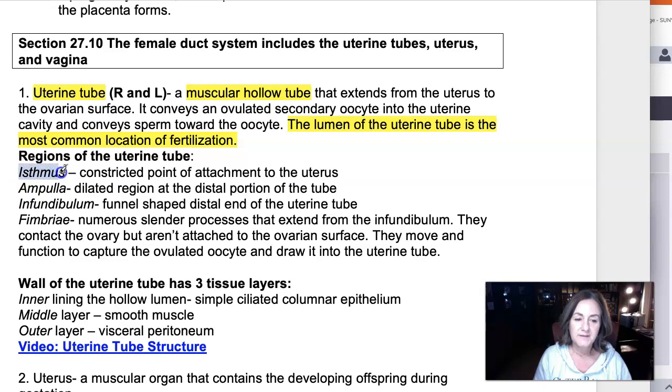So the isthmus, that's that constricted region that I showed you where it attaches to the uterus. The ampulla, that's the dilated region. That's the distal portion of it. The infundibulum is that funnel-shaped ending. And then the fimbriae are the processes that extend from the infundibulum and try to move the ovulated oocyte into